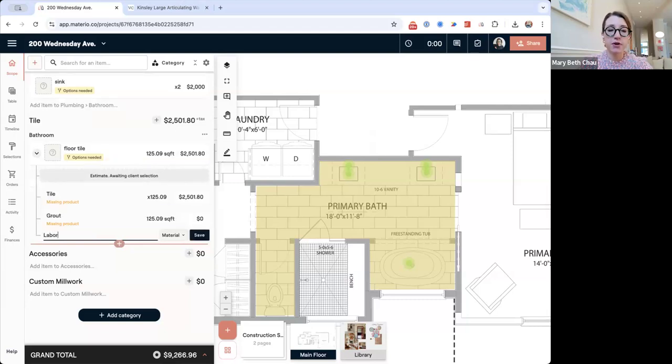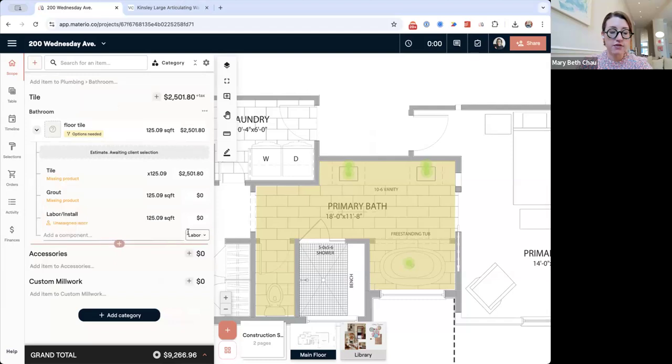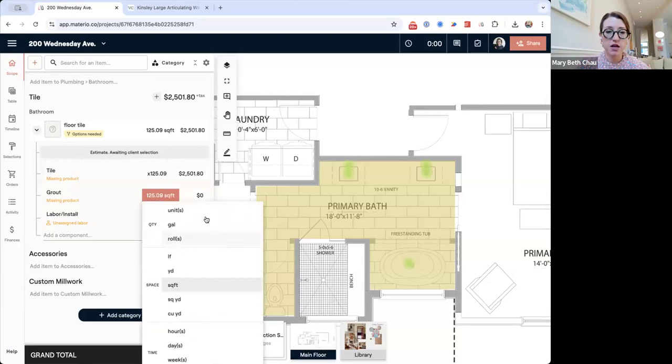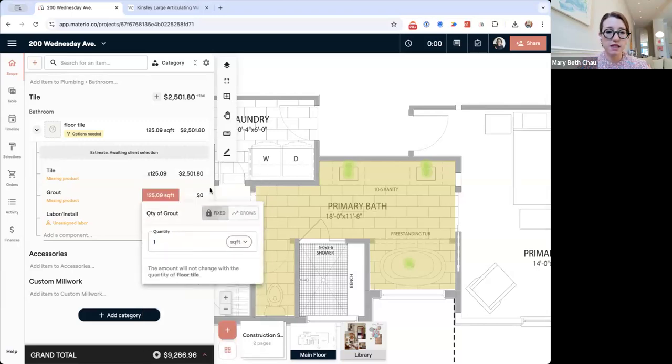And then I'm going to add in the labor. And we can say labor install. And this, I'm actually going to change the type to labor and hit save. And so you'll see that I can start to spell out exactly what is needed for this floor tile. Now your material might be 1 unit, and you may want to make this fixed, and